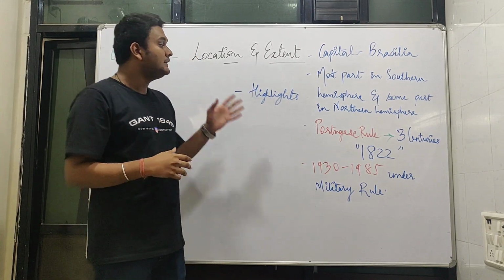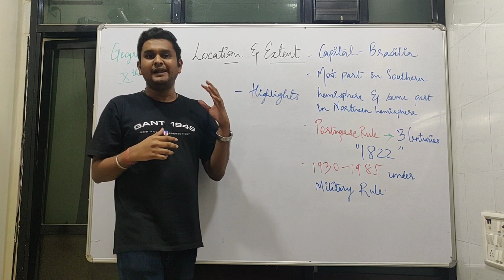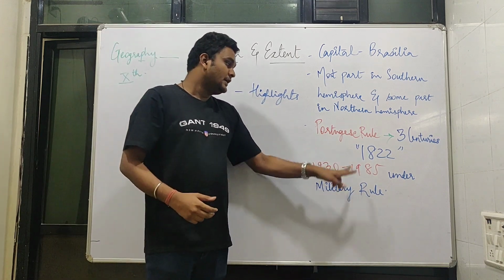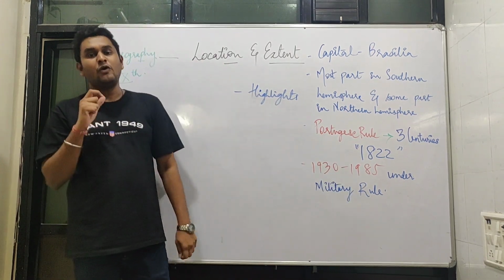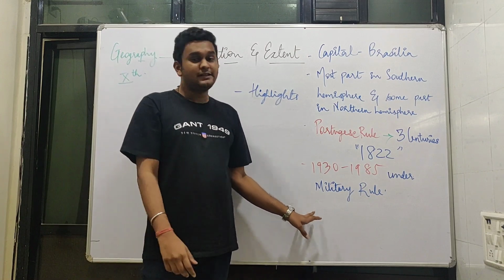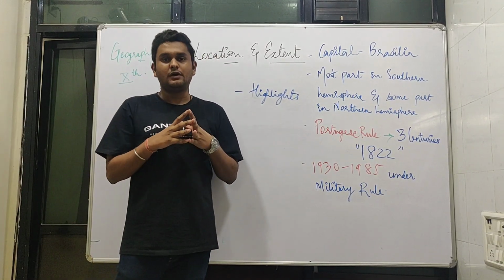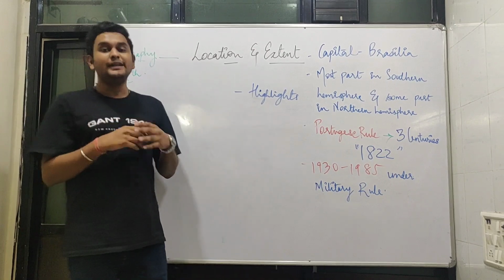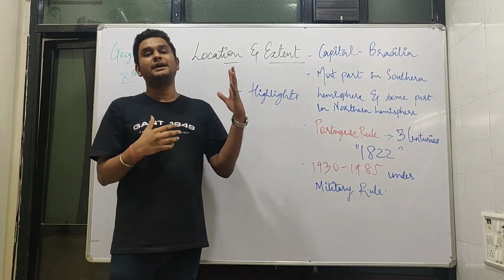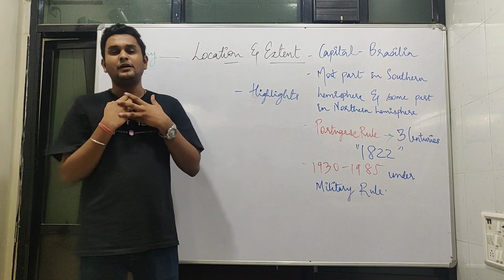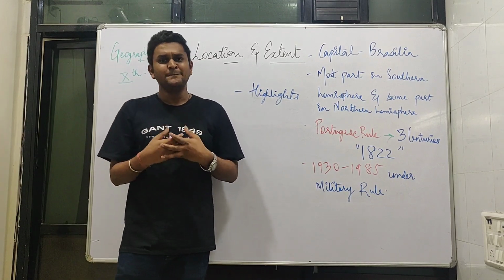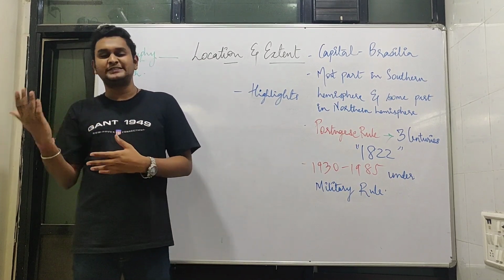Brazil was under the Portuguese rule, and they got their independence in the year 1822. And also, for almost half a century, they were under military rule for some portion of time. And when a country is ruled by some other dominant country, they tend to face a lot of economic problems, and it's very difficult to revive from the same.